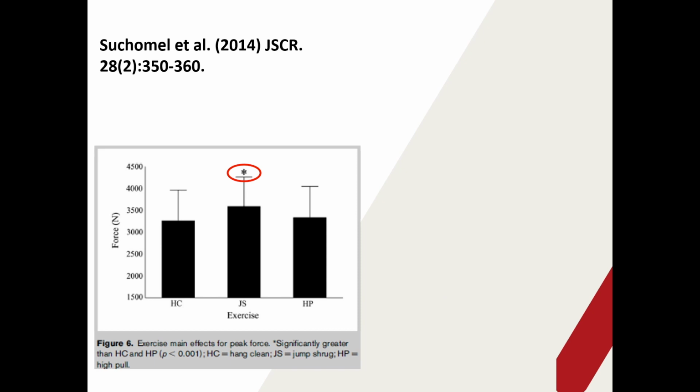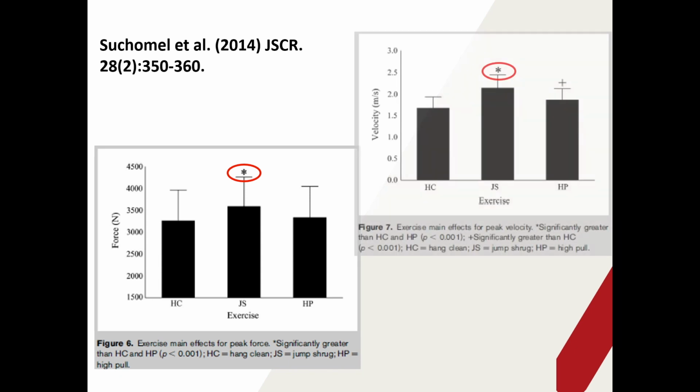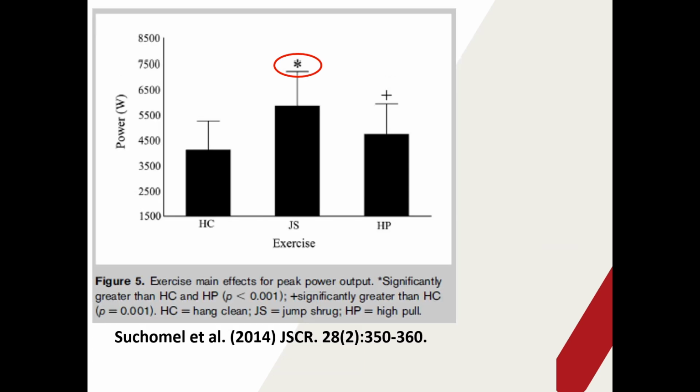So what we can see from the results of this study, or part of this study, is that the jump shrug results in the highest forces. At the same time, it also results in the highest velocity. Now that's not surprising that you get the higher velocity because the aim on this is to jump. And that means we need to leave the ground with a high velocity to maximize jump height. So again, you accelerate throughout the range of motion. You're not aiming then, like with a hang power clean, to suddenly drop underneath the bar and receive it. So unsurprisingly, if force and velocity are maximized in the jump